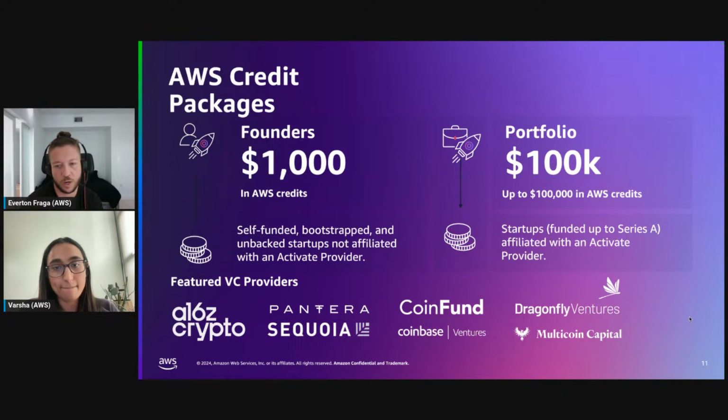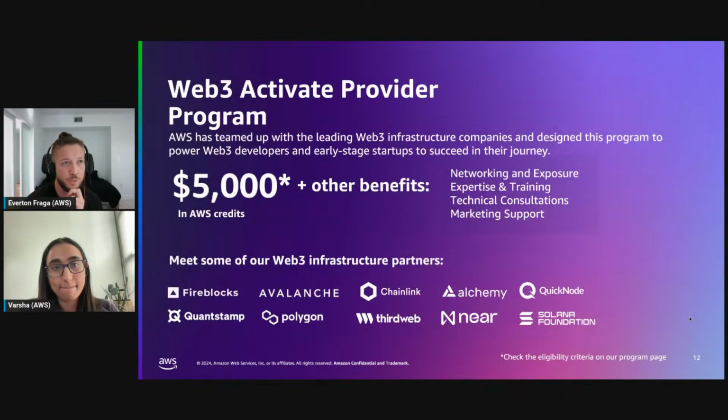So feel free to drop on the chat. We can take that afterwards. And as I mentioned, the Web3 specific Activate provider, it is slightly more specialized compared to that one, and up to $5,000 in credits for Bootstrapped. And we have some other partners, right? So Fireblocks, Avalanche, and many others, right?